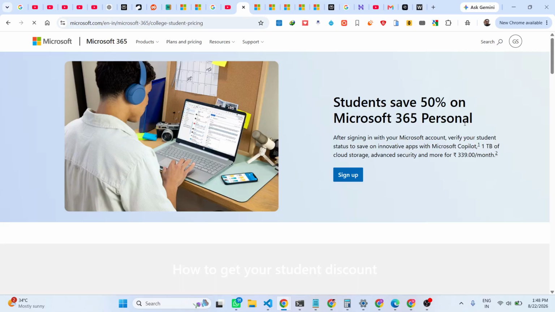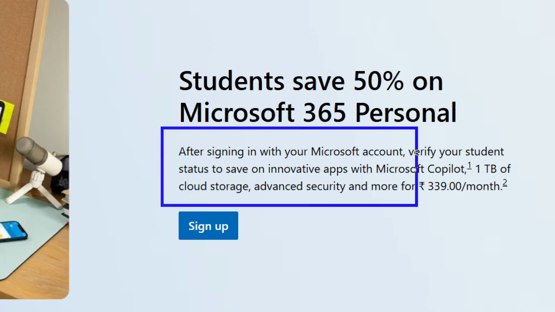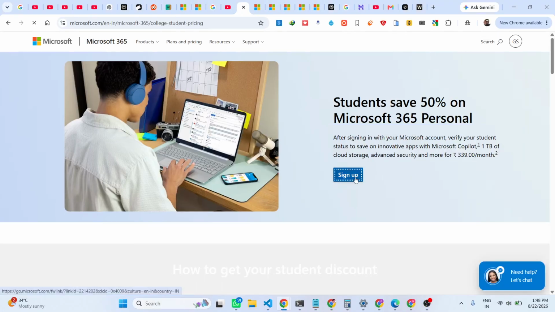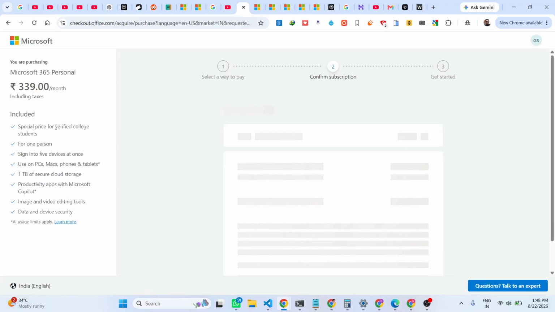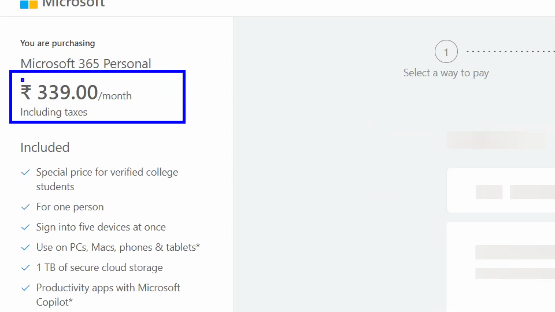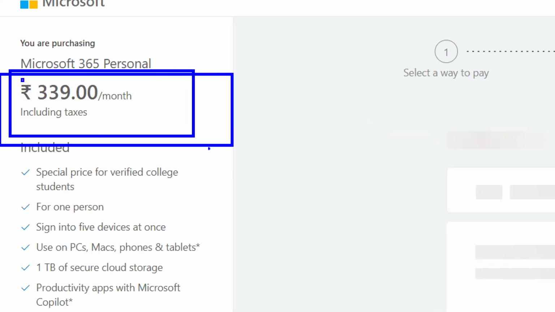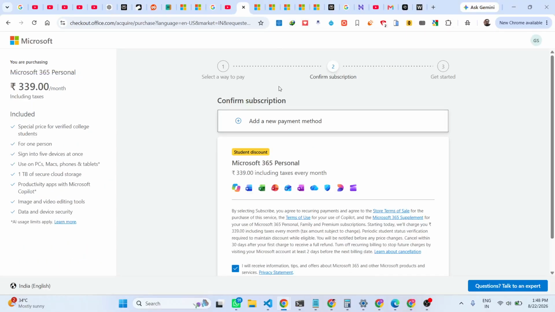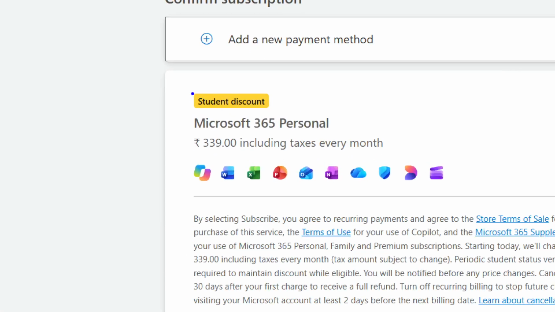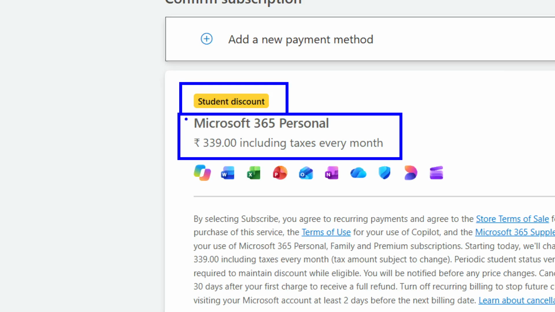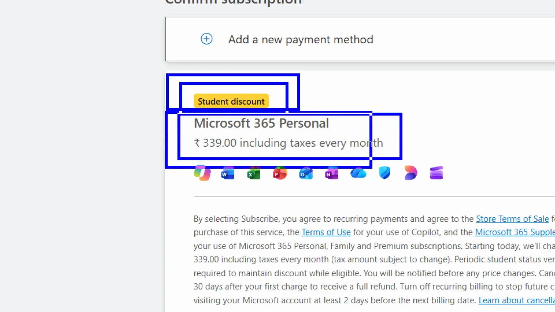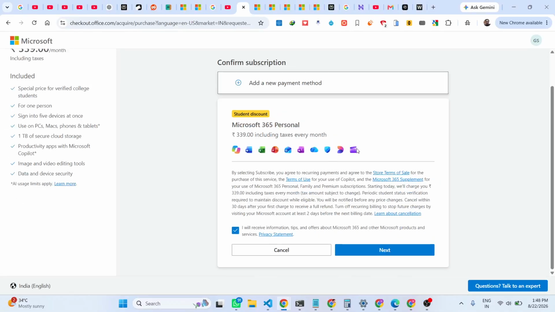As you see, students save 50% on Microsoft 365 Personal. Right here, if you don't have an account, simply click sign up. I've already logged in with my Microsoft account. If you are a student, they will verify you. As you see guys, now they are offering it at 339 rupees per month. This is the Indian price. In the US, it will be 50% off. And right here, the student discount, as you see, has been enabled. By default, the price is 650 rupees, but specifically for students they're offering 339 rupees, which is roughly $4